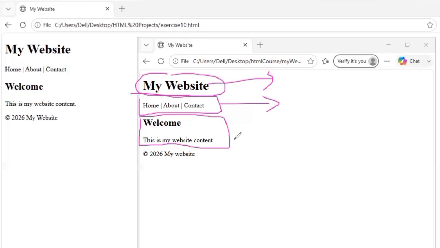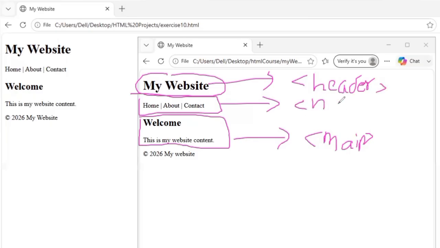So we will add this in a tag called main. These are actually called the semantic tags: main, header, nav,